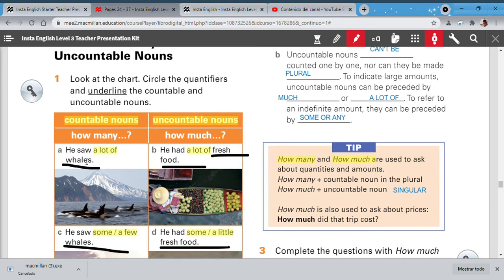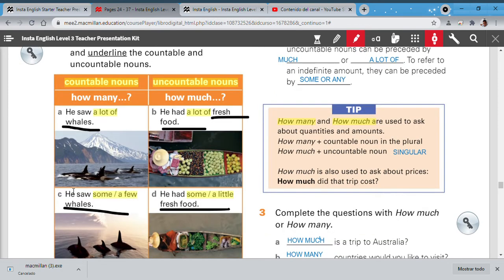Or this is in the past. How many whales did you see? Okay, I can count. I say 1, 2, 3, 4. But maybe there are some under the water, or maybe are not on the picture. Then you can say he saw a lot of. A lot of. What does it mean? Muchas. A lot of whales. For example, you say, teacher, but I only saw, I don't know, 4 or 5, not a lot. Okay. You can say he saw some, is one possibility, or a few. A few means like unas cuantas.